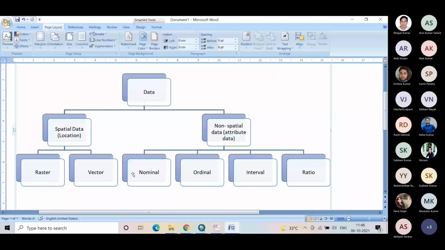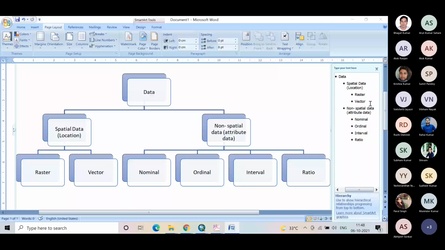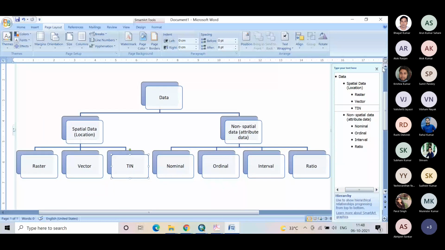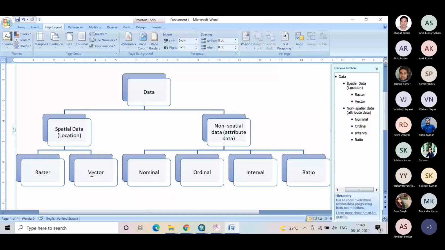In some of the books you will find this one also. So the spin is triangulated irregular network. But in general, instead of considering 10, we have two basic data models: raster data model and vector data model. When we talk about the first one, raster data model, as I have read in the PPT,